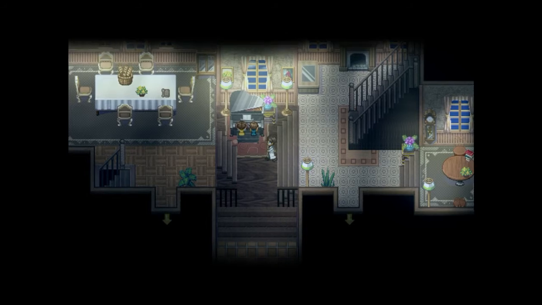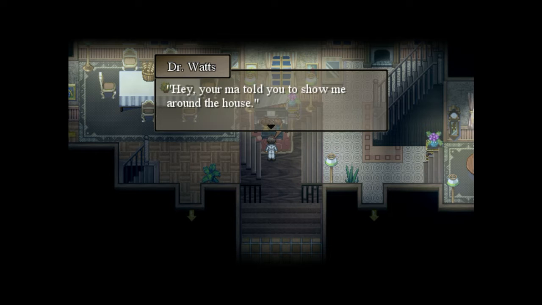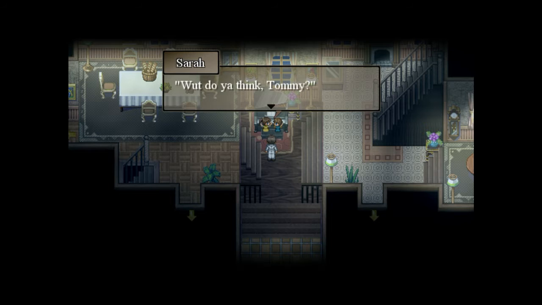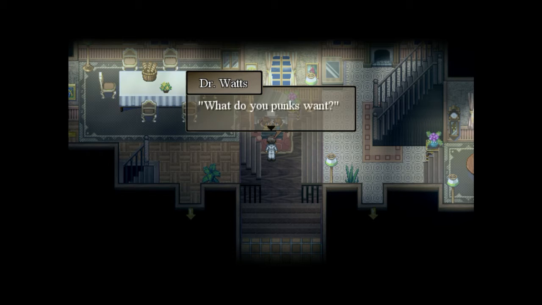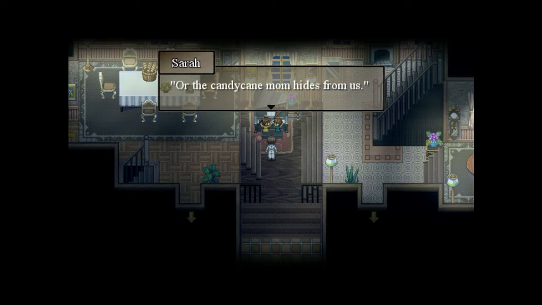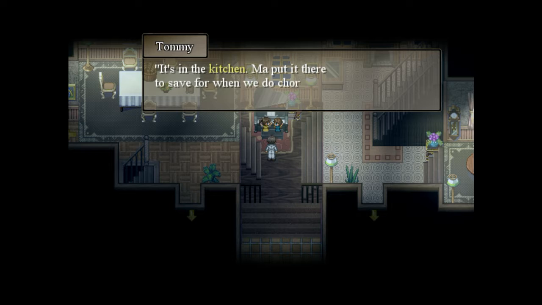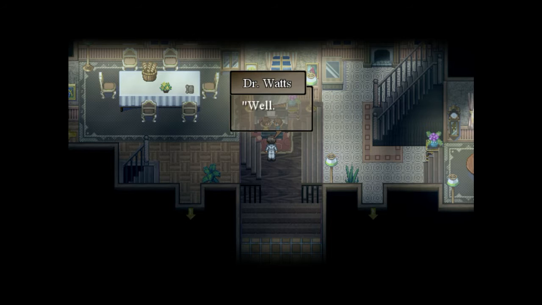Okay, ankle biters, fess up. Who's holding out on me? What you want? Hey, your mom told you to show me around the house. Okay, maybe we will. Maybe. I think we just need a little convincing, that's all. What do you think, Tommy? Yeah. Alright, let's talk. What do you punks want? We want $1 trillion. Or the candy cane Mom hides from us. Yeah, or that. What? There is a giant candy cane on top of a high shelf that we can't reach. It's in the kitchen. Mom put it there to save for when we do chores. Get it for us and we'll give you a tour through the house. What do you say? Well...